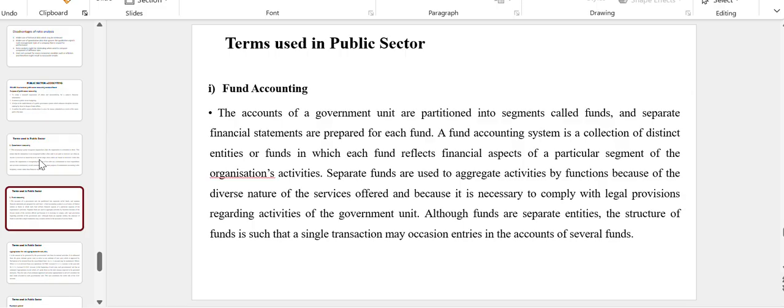Now, governments, both the national government and the county government, normally have units, okay, account units. These account units that are normally partitioned into segments are what we call funds. For example, let me give you an example of